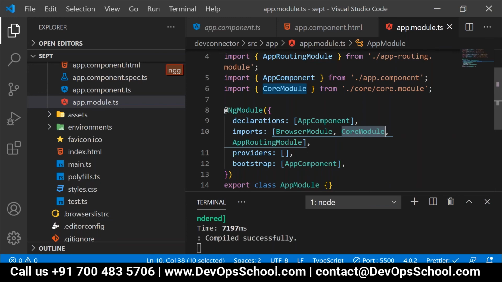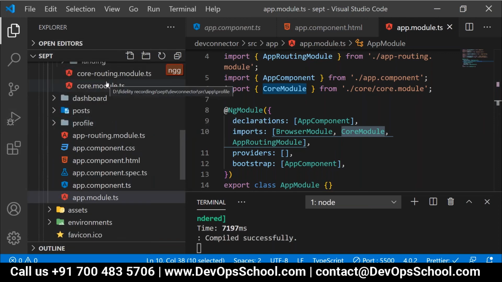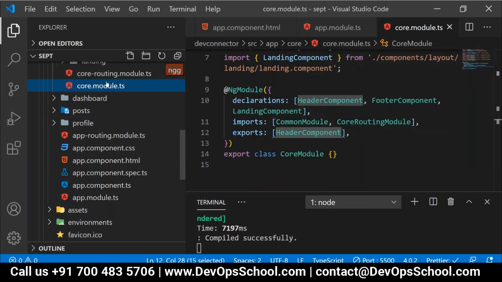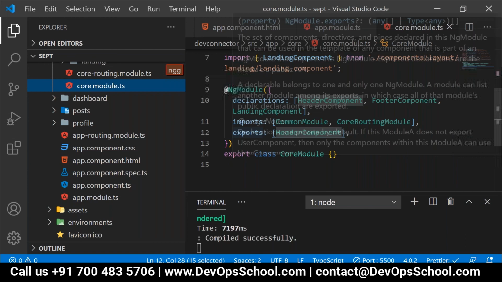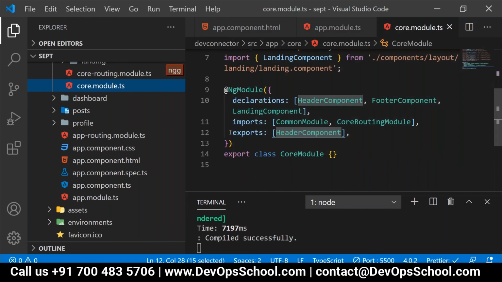All of you agree? Yes. Now, when it comes to this core module, what will happen? Inside the core module, when it reaches, it will check for the exports entry directly. In this exports, which component is mentioned? Header component is mentioned. So quickly, what it will do?